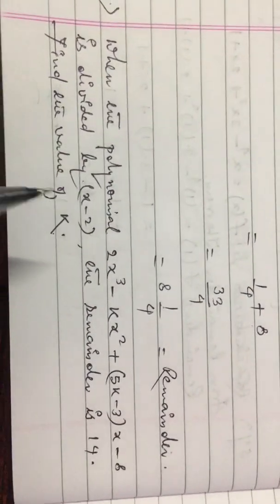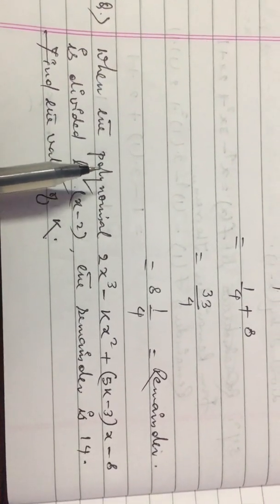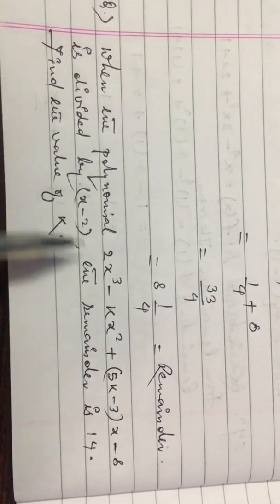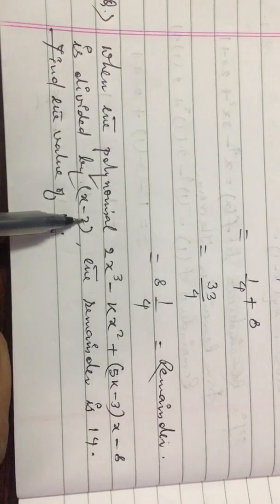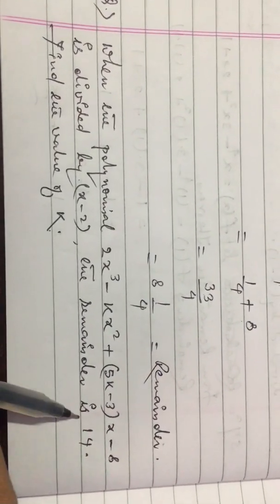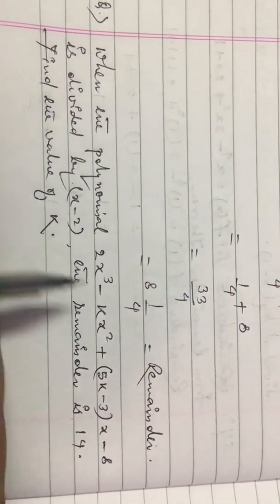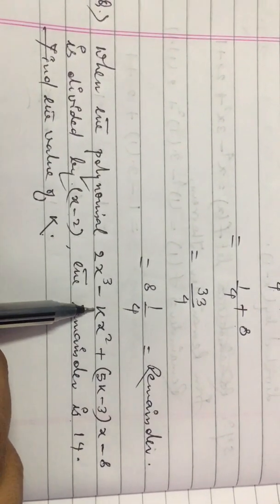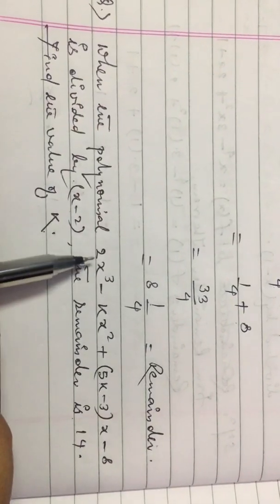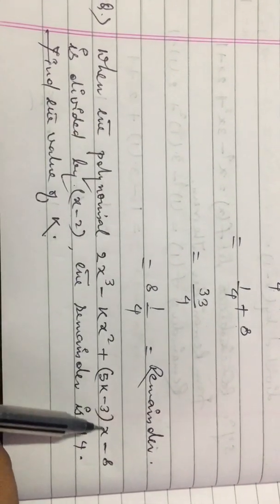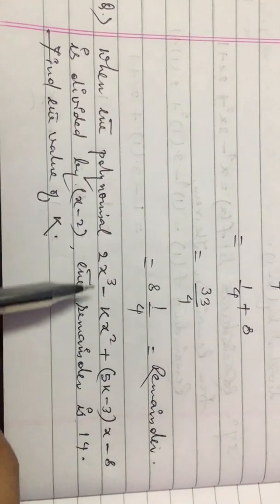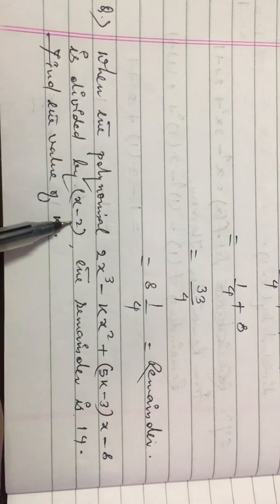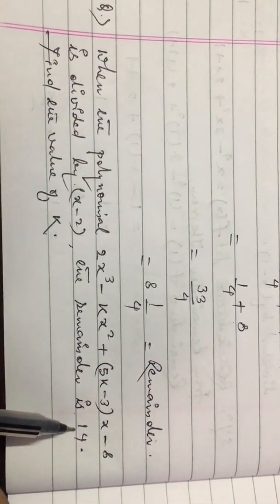Now see, this is a little bit different type of question. In this question the remainder is given. When this polynomial, the dividend, is divided by x minus 2, the divisor, the remainder is how much? 14. So find the value of k. In this polynomial, one more unknown variable, that is k, is there. First we have to suppose this polynomial as either p(x), f(x), g(x), whatever. So we are supposing this one as p(x) and it is divided by x minus 2. Find the zero of this, and the remainder is equal to 14.